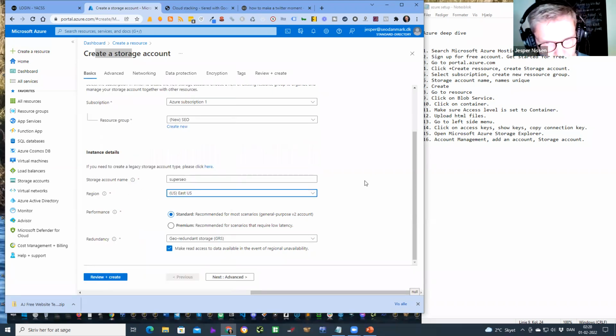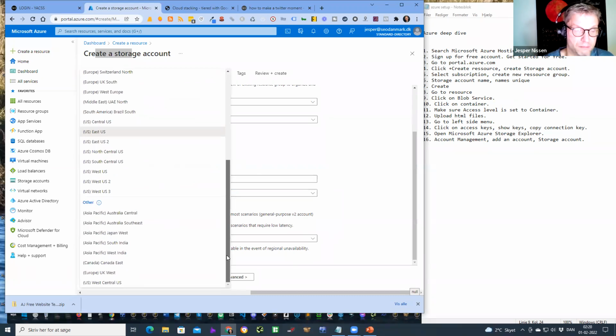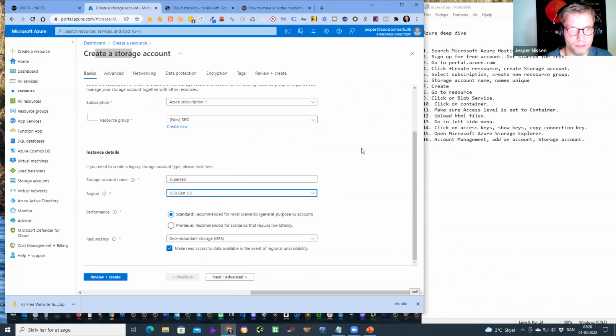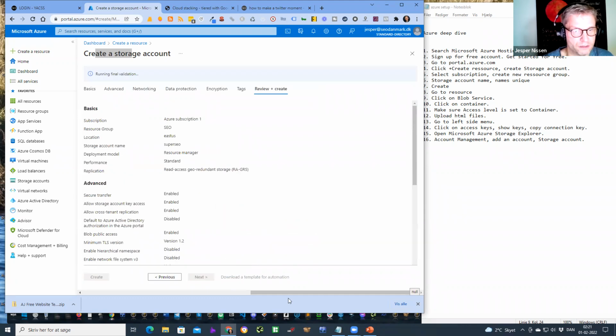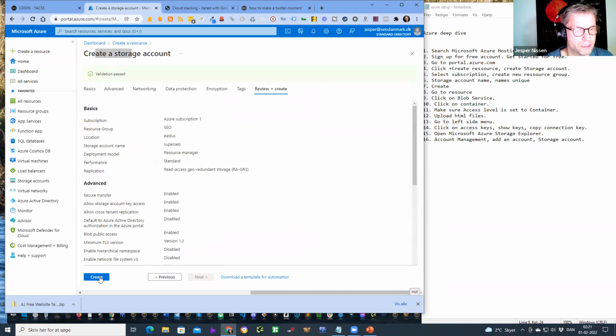And I don't know if you remember that we talked a little bit about the different regions in Amazon, and there's one particular region that's more powerful than the others. Now, there are so many different regions here that I must admit I didn't test if you get more page authority from taking this region than this region, because that's how it works in Amazon. I don't know how it works here, but I'll just take this one. I'll take standard, and I'll just review and create.